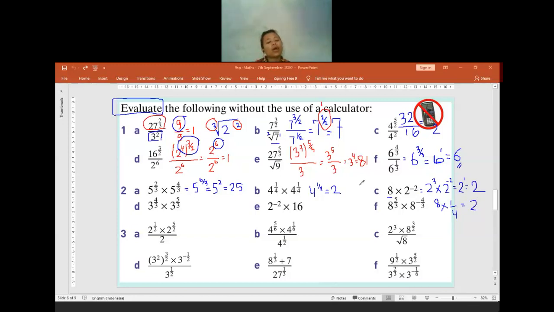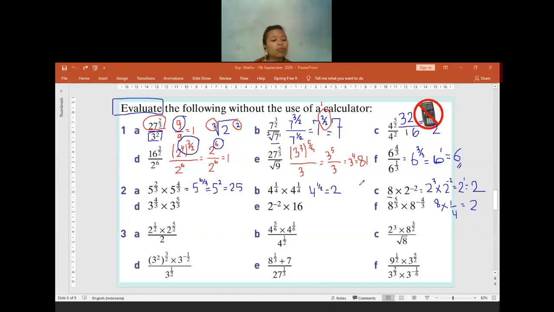That's why I told you that you have to be able to recognize all of the laws that you have learned, because the methods can vary. You can change all of the numbers into the same base. I use the first law: if multiplication, I can add the power. Or you can use the fifth law: if you have the negative index, you can make it into a fraction. So later you can calculate and simplify them. That is also fine as long as you recognize all of the index laws and you can use them wisely, all the methods will be correct.